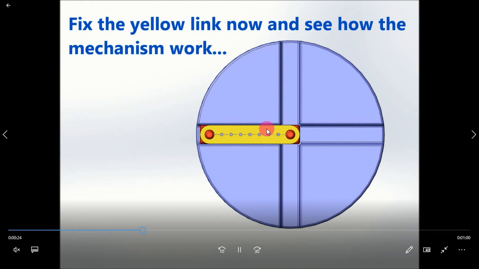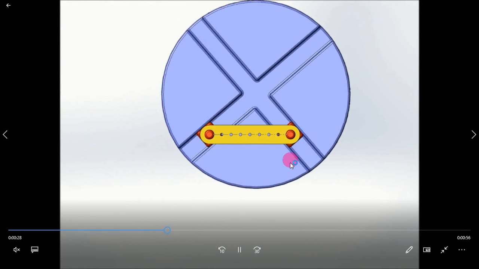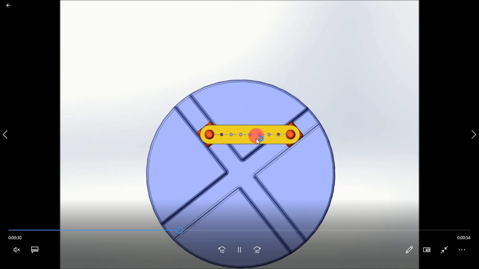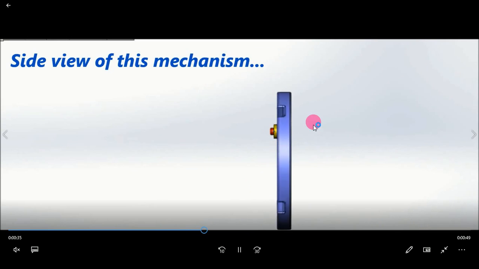You can see the entire slotted bar rotates, and the connecting link is not rotating, it is fixed. This is the side view, the modification of a double slider crank mechanism.